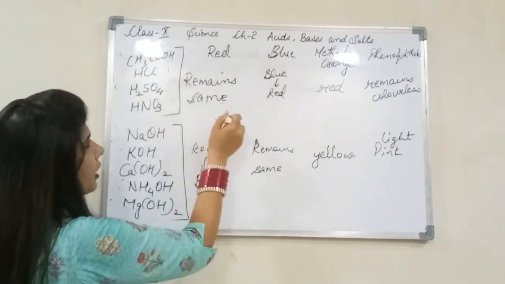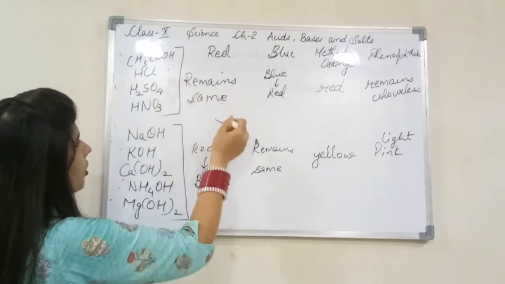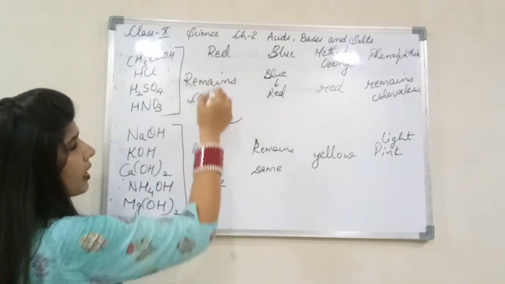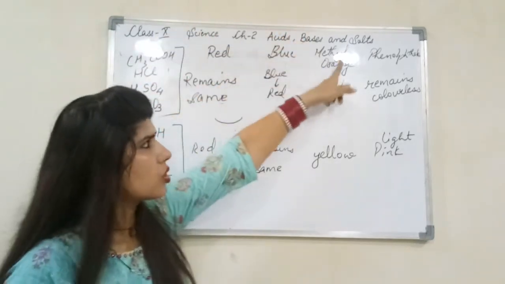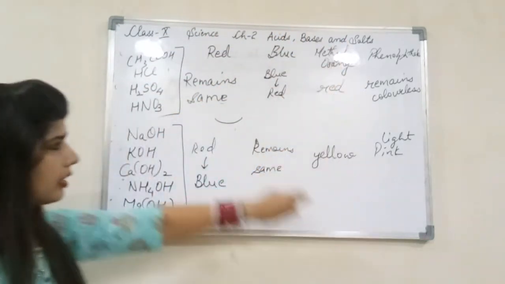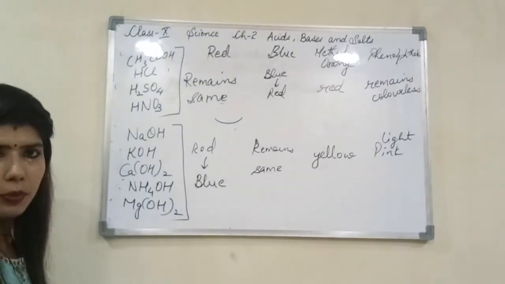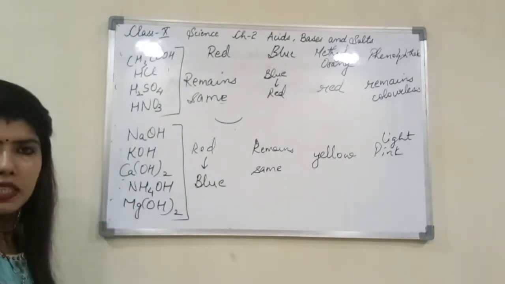Next case HCl you have to take. Then you put this thing. H2SO4, then this thing. Then again HNO3. Then again red litmus. Similar things for acetic acid. You will add this also, this also. Every time you have to do this thing. And this is the final result that you're going to get from here. I hope you are clear with this activity.